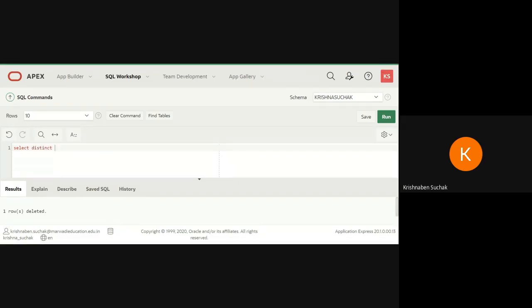So that I should not get the rows repeated. Duplicate rows will be removed. So I am writing select distinct star from my table name, that is transaction.